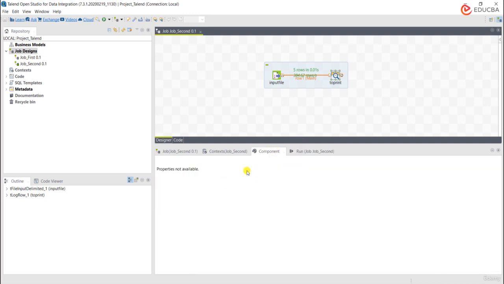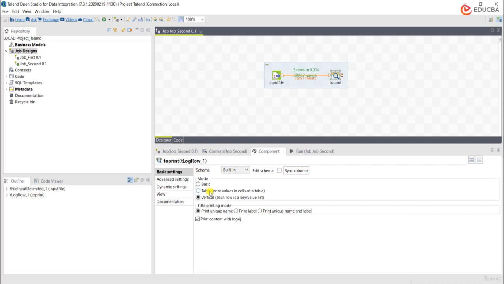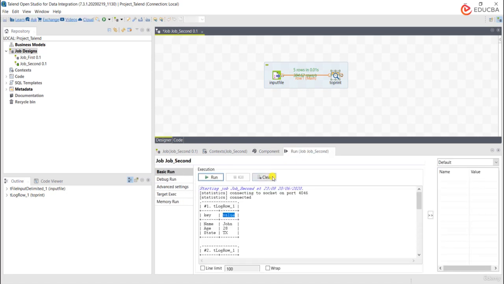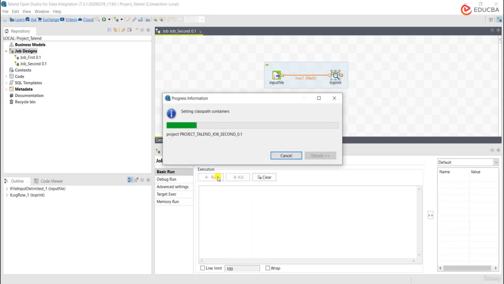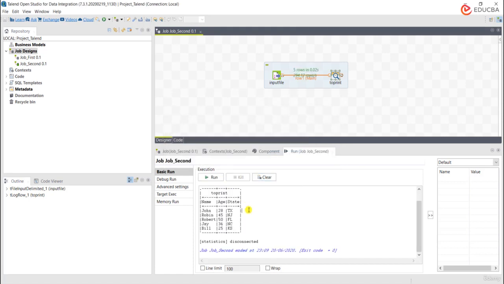I find it easy to always go with a tabular format. That's the table that helps me view all the data at one stretch in a tabular format. Okay, that's about tLogRow and tFileInputDelimited. Alright,